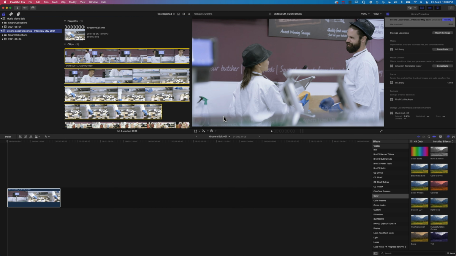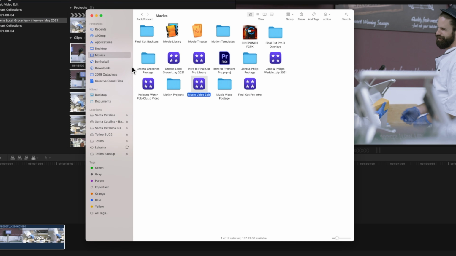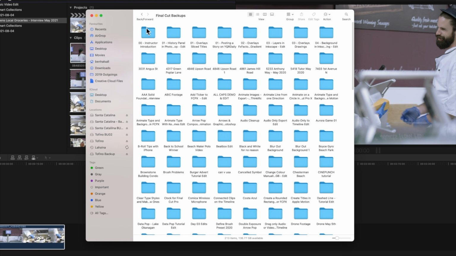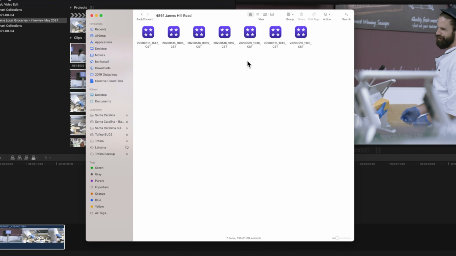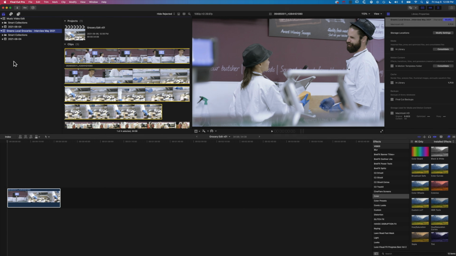And those backups are stored in my Movies folder. And you can see if I double click into my Final Cut Pro backups, then I have a long list of different libraries and their backups in this folder. So I hope that's a useful overview of how to begin a new piece of work in Final Cut Pro